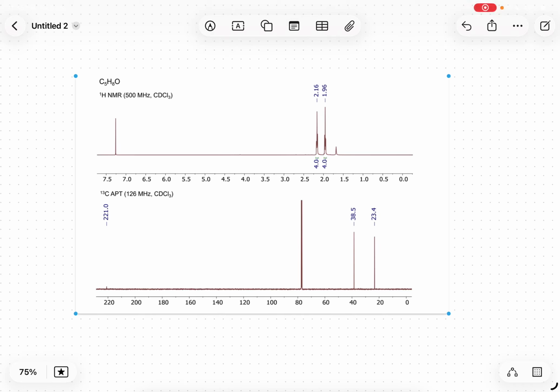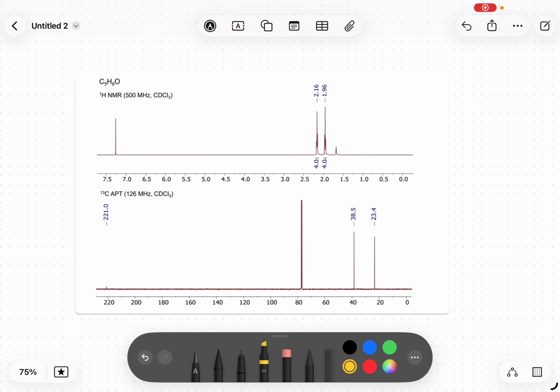Hi everyone, let's do task 3 of the NMR challenge together today. It's a really simple spectrum. So we have our molecular formula, which is